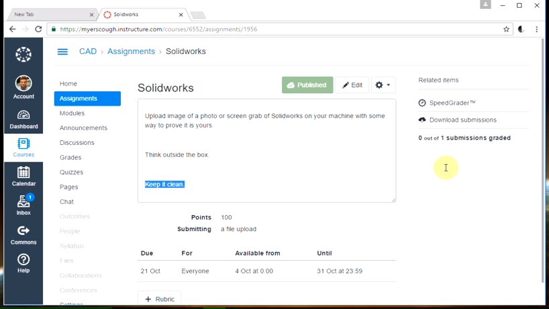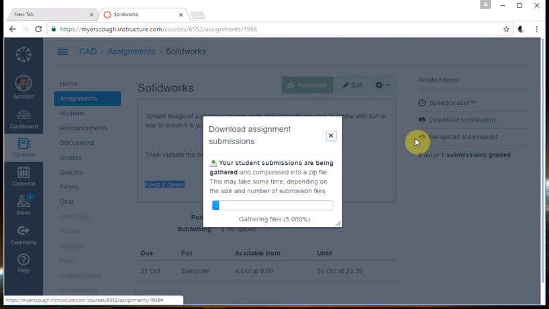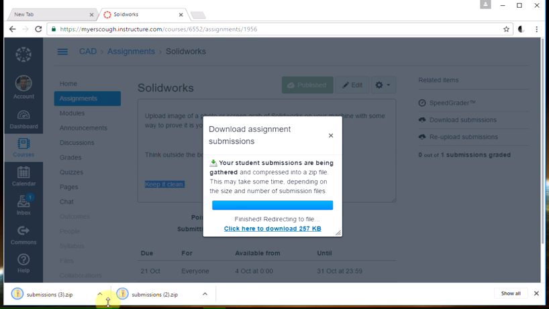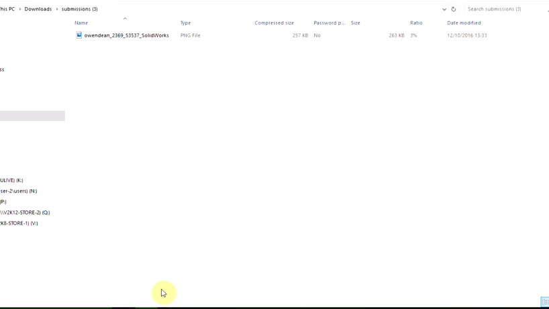So, 0 of 1 submissions graded, so I actually have a submission. Student submissions are being gathered. Click here to download it, have a look at my submission, and it's Dean Owen and it's a photograph, and Dean, you can't see this but I can see he's got his toolbar at the bottom